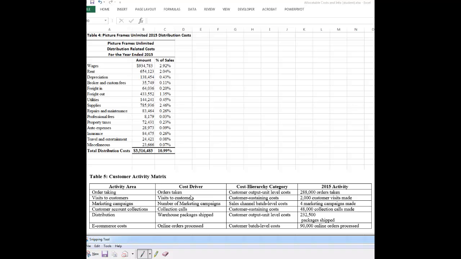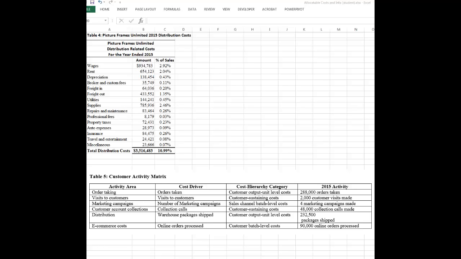So your cost pool for this activity would be warehouse packages shipped, right? So this entire $3.5 million would be all of your packages shipped. So if we're looking at orders taken, we would need to go to the other sheet, and you'll see here